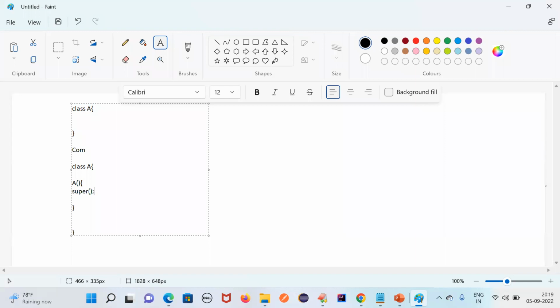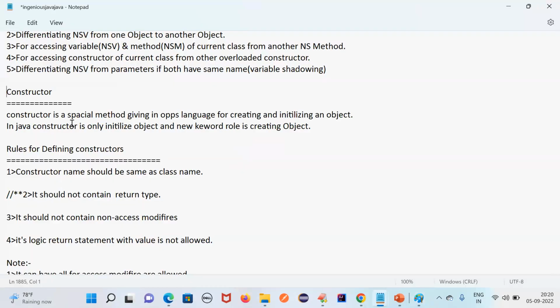I think this is like that. Understood, right? So the compiler will generate this code automatically. It is not visible, but if you want to see the compiled code, we have some decompiler software, so you can see the compiled code as well. As a user you will get a .class file, but a .class file is not a human readable file, right? Only the JVM can understand this .class file, and that is your machine code.